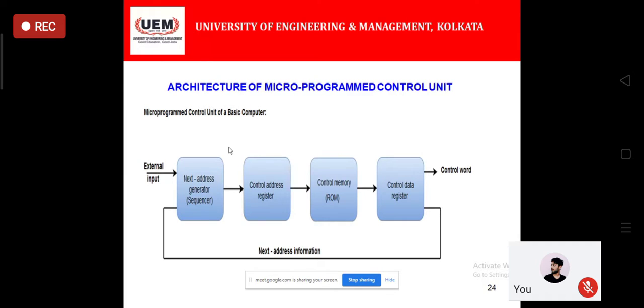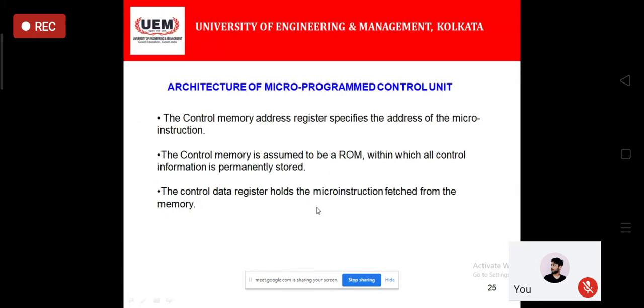Question number 1, explain the architecture of the hardware control unit. In short, please write down, explain the architecture of the hardware control unit. It may be 7 marks or 10 marks. So you have seen the decoder structure, 2 decoders, 1 control logic gate, that big structure you have to draw and explain. The same question, but only the control unit type will change: explain the architecture of the microprogram control unit. This diagram you have to draw along with some explanations.